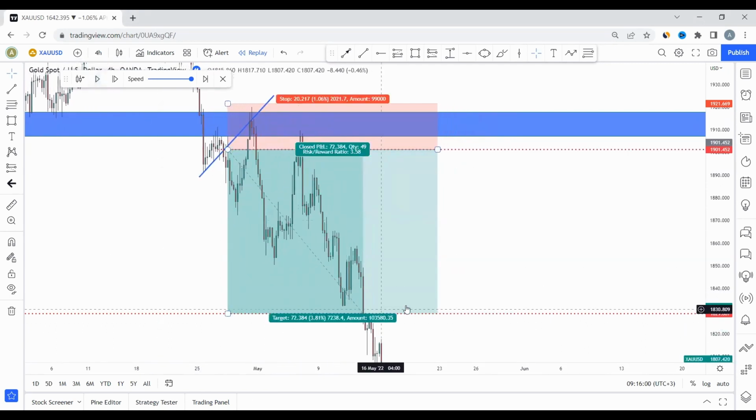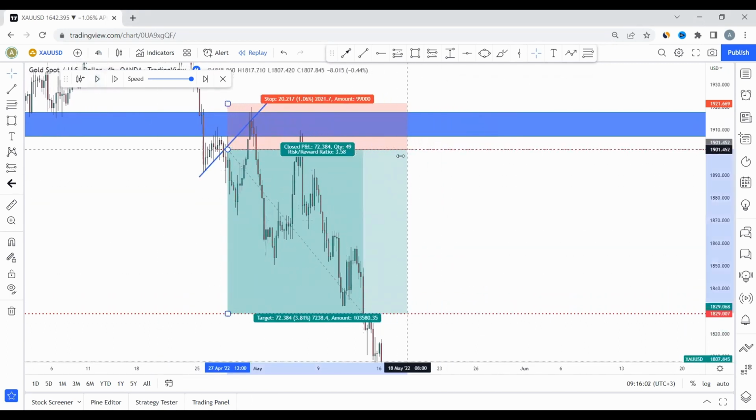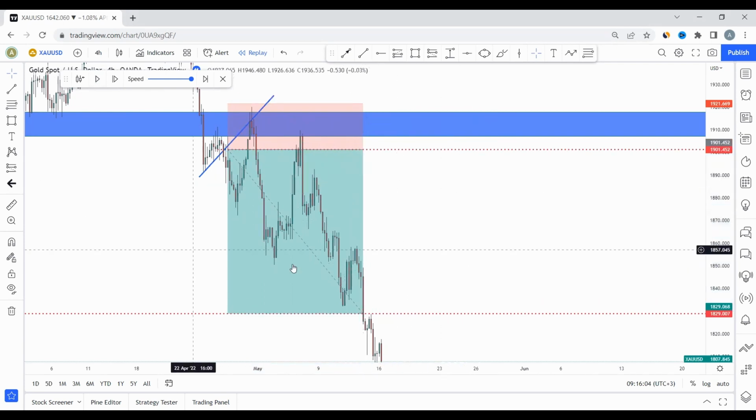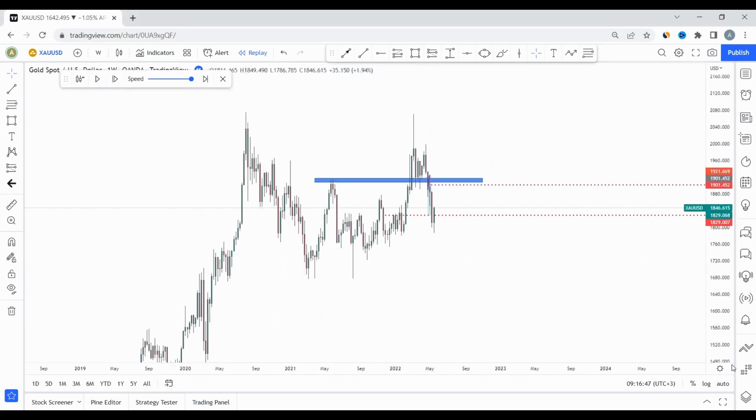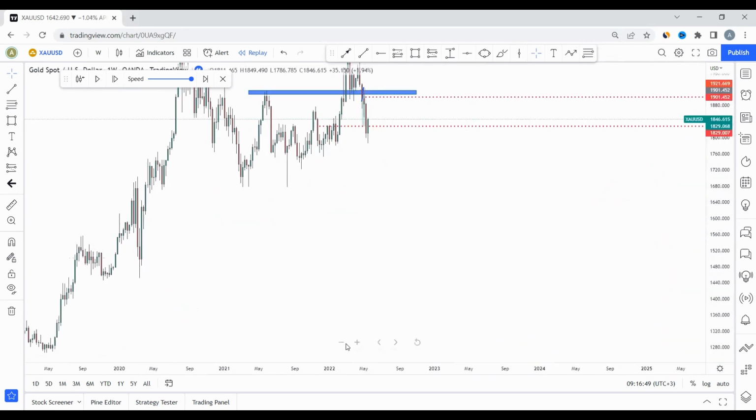So for this trade, we did hit our take profit here. This was when we hit take profit, a decent 1, 2, 3 example. Now, let's go back to weekly and observe what other structures have been created for us to be able to trade. Now, if we observe,